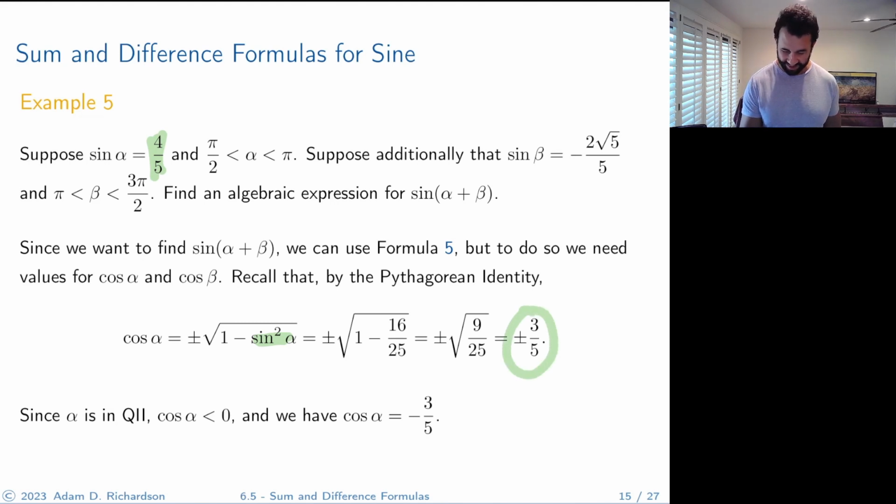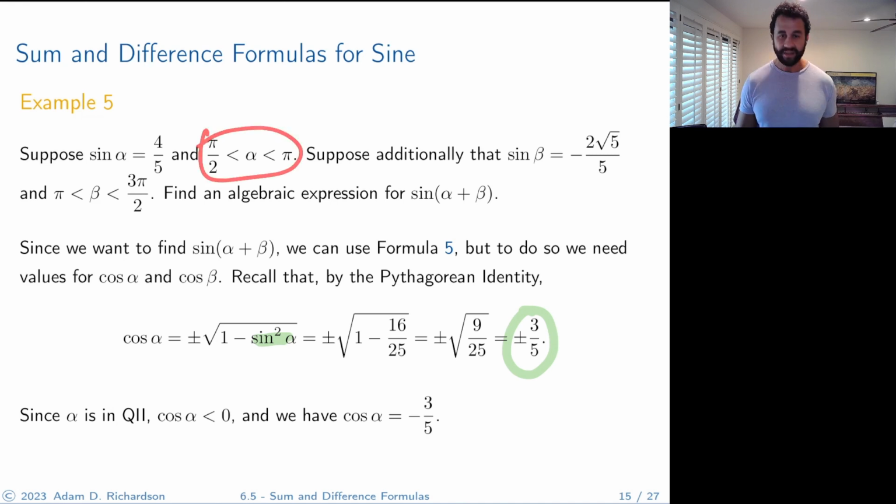So remember, whenever you're taking a square root of something, you always have to include a plus or minus. And then you have to eliminate a case, perhaps, depending on the context of the problem. This is why we had that other information, because we don't know immediately if we need to take negative 3/5 or positive 3/5. But remember, they said that the angle alpha